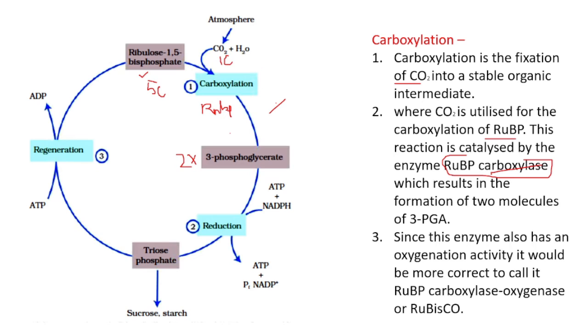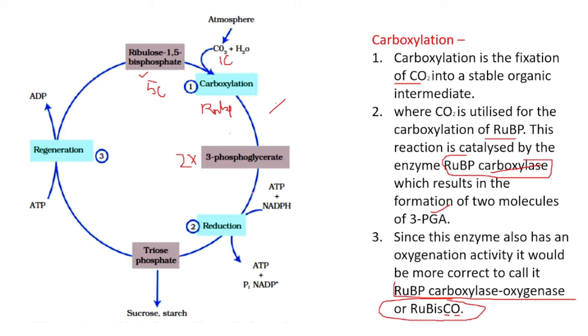Sometimes with an increase in oxygen concentration, the same enzyme acts as an oxygenase also. So instead of catalyzing the reaction with carbon dioxide, it acts as an oxygenase. That's why it has a dual role, and it can act as a carboxylase as well as an oxygenase. That's why the term has been given as Rubisco, ribulose bisphosphate carboxylase oxygenase. But here, in the 3 carbon cycle, we will be using only the carboxylase.